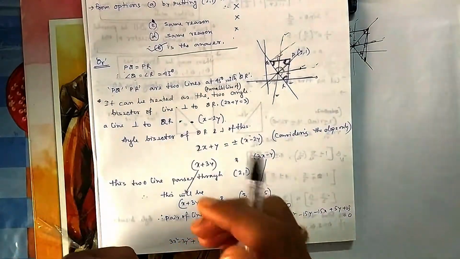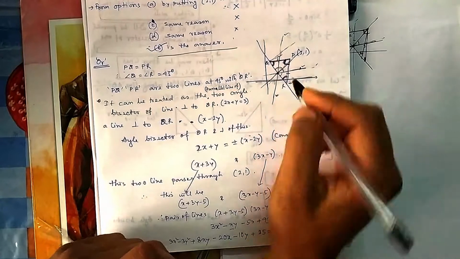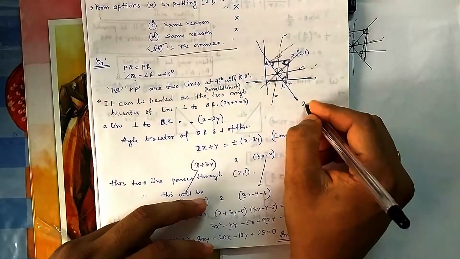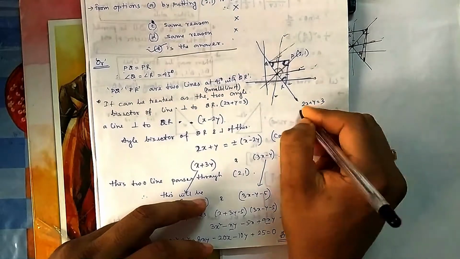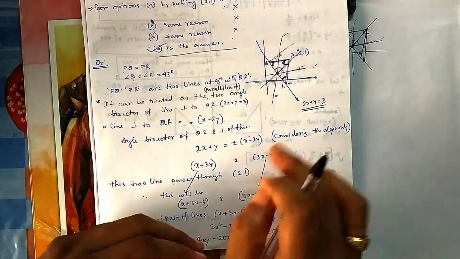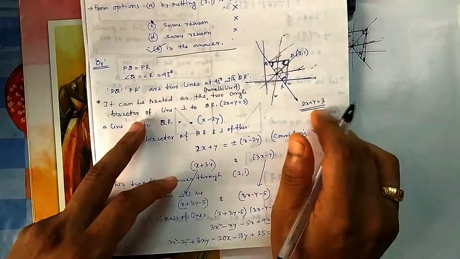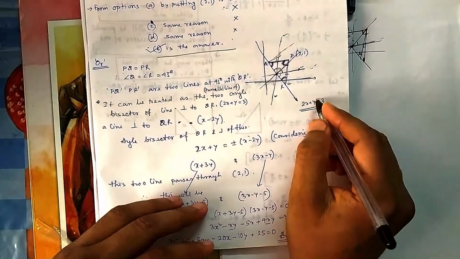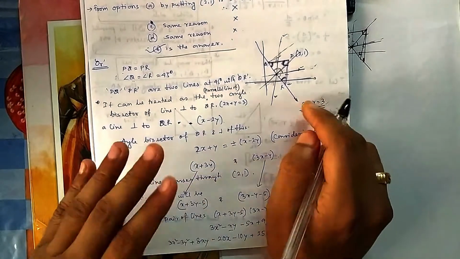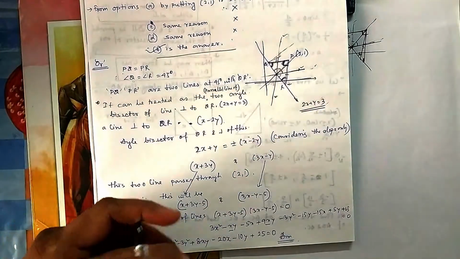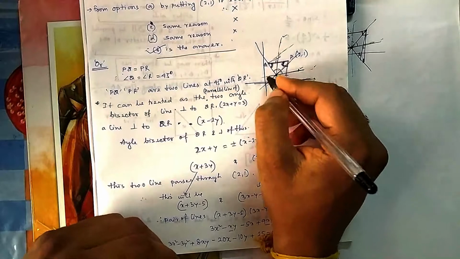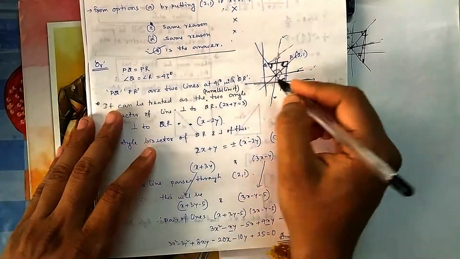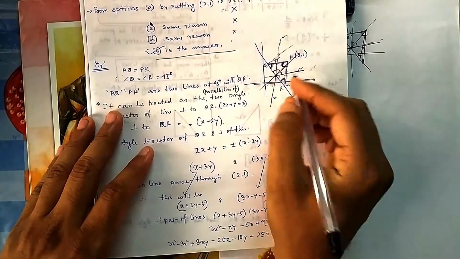Now if you want to find the parallel of this line, this is your QR. What is the equation of this line? 2x plus y is equal to 3. For now, forget about the constant term, and just think about the coefficients of x and y, because ultimately you don't need this line, you need just slopes. Slopes means you need just the coefficients of x and y, that's it. So that's why we are concentrating on the coefficients of x and y.